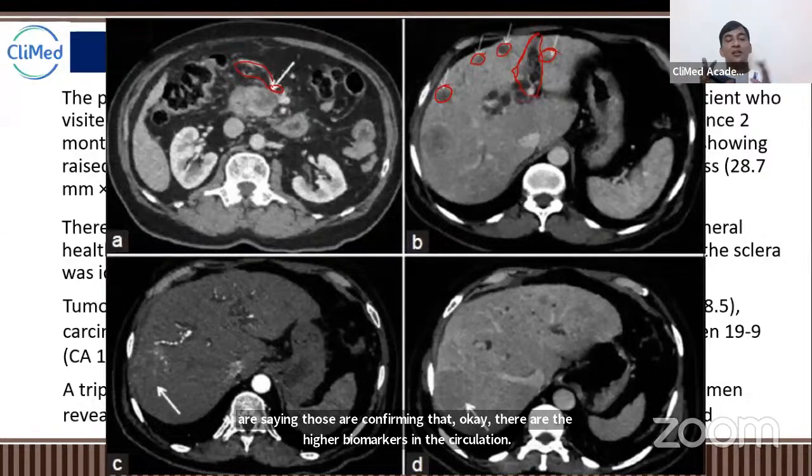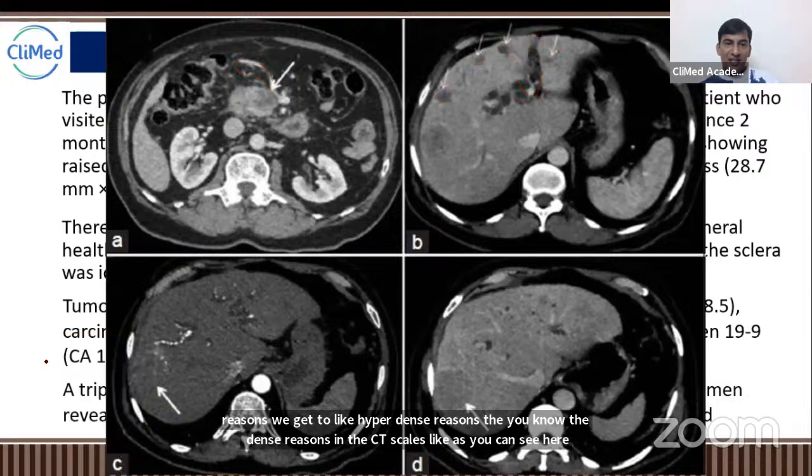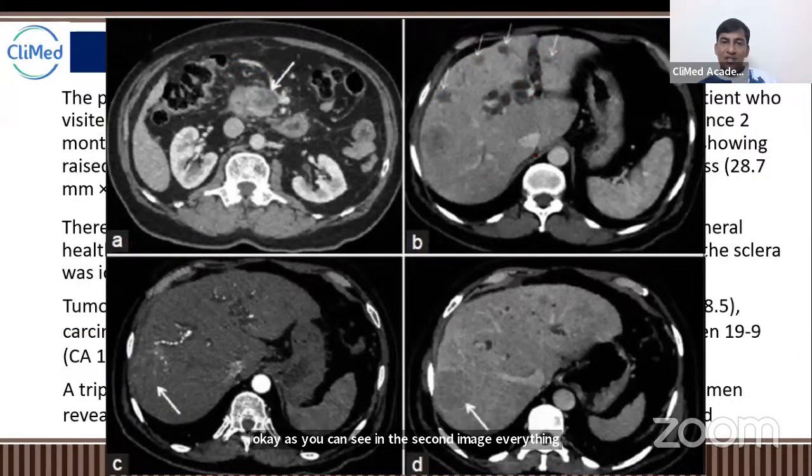Similarly, in ultrasound, because of the high frequency of the sound, we get the location of the cancers. And in CT scans also, due to imaging, we get the hyperdense regions, the dense regions, as you can see here. In the second image, everything is quite white. This is the normal region of the tissues. But here, this is blackish, light blackish. So these are nothing but the cancerous nodules. Here you will not easily detect them, but these are the cancer nodules.